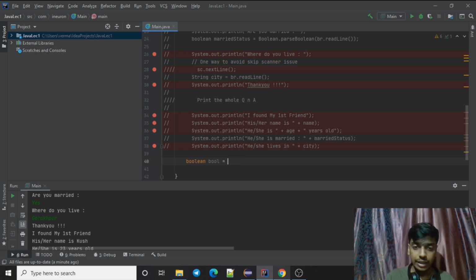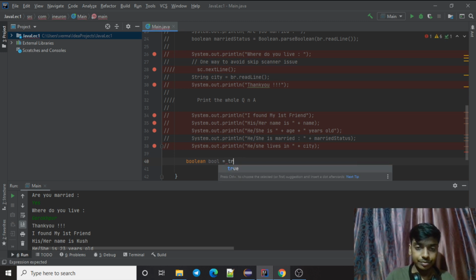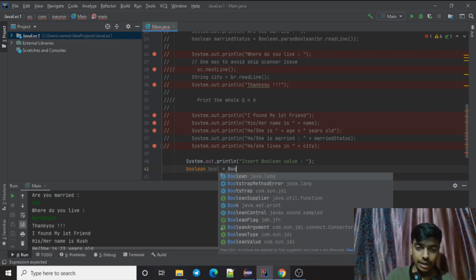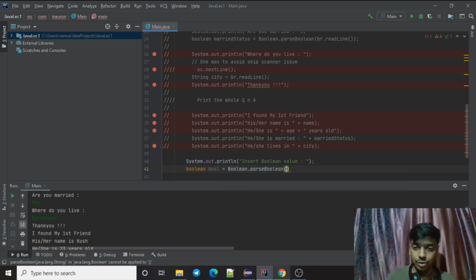But when you are taking the input from the user, insert boolean value, and you are using Boolean dot parseBoolean. Now it really depends how this parsing works, right?